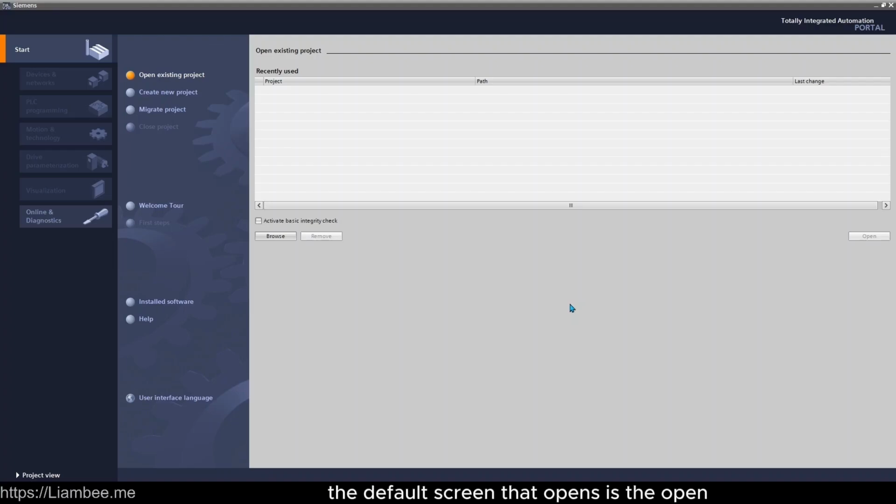The default screen that opens is the Open Existing Project with a recently used table. Now, usually you'd have projects in here, but since this is a first open of Tier Portal, there's nothing in here because we haven't opened anything yet. But you can use the Browse button here to go and browse for any existing projects and open them that way, as well as